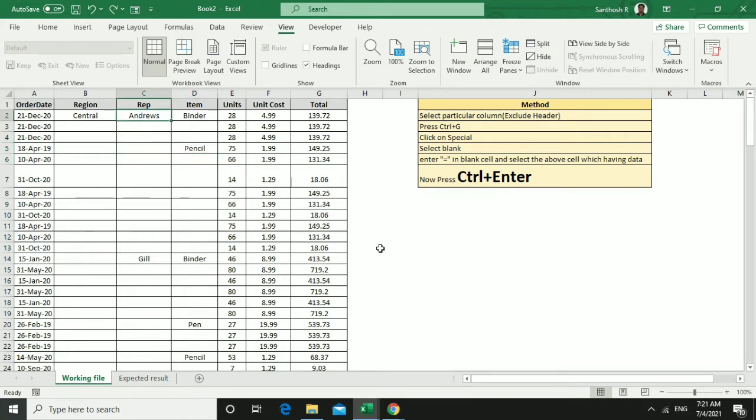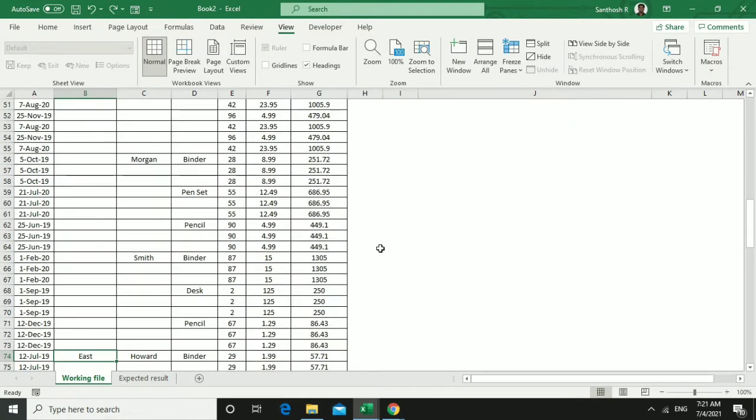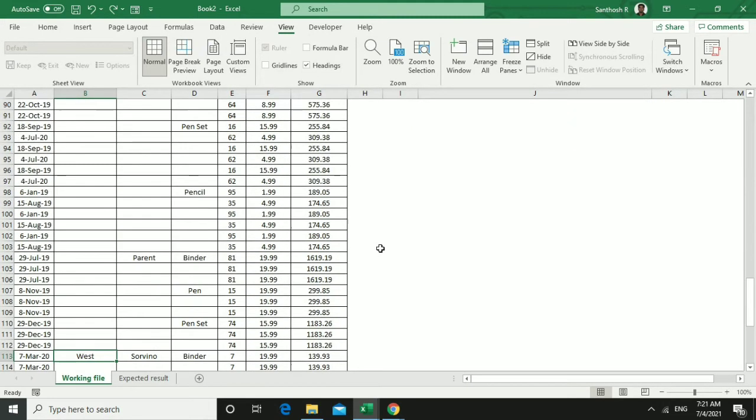with the respective name allocated for that particular rep. I mean, in this column it will be rep, and in this column it will be the items which they purchased, and in this column region. If you can see here we have central as a region, and later we can see east and west.